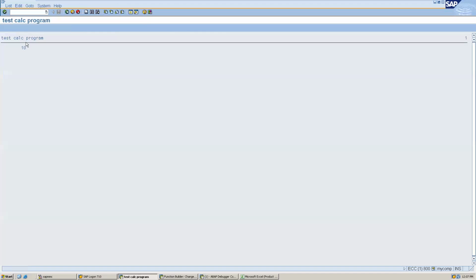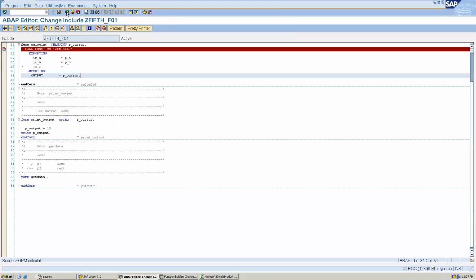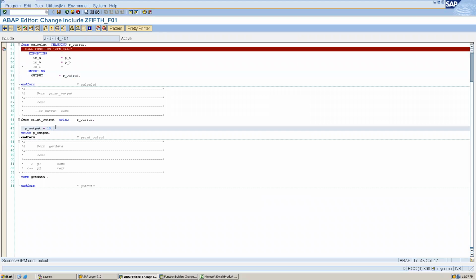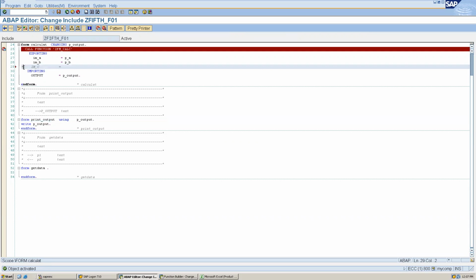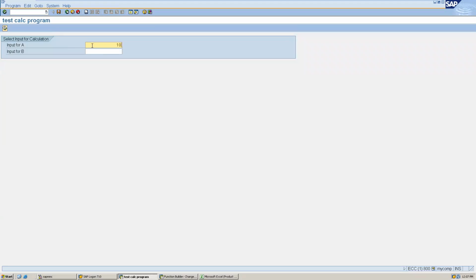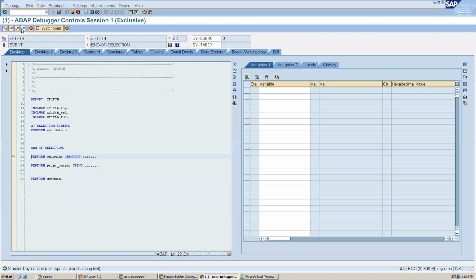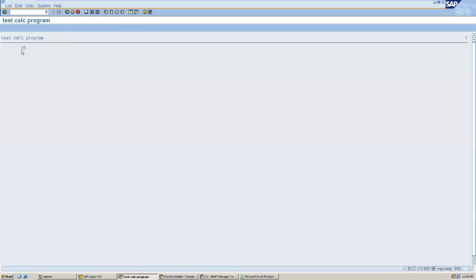And if I execute it, it will print 10 because we have hard coded it here. So let's remove this. Now it will print 5. Okay. Now let's pass C value. So for example, if I want to pass C value, I can pass any value here. For example, I want to add 5 by default. So now if I enter 10 and 20, it will add 10, 20 and 5. So the output will be 35. So if I execute this directly, you can see it is 35.